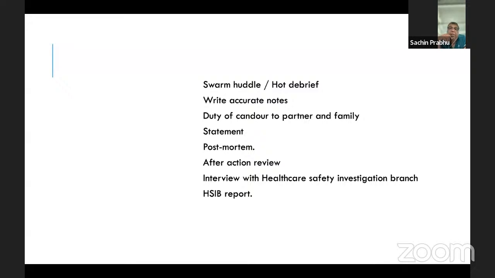And this was a great team effort, actually. Everybody had done what they were expected to and went way above their capacity. Make sure the notes are written accurately, because this case will obviously go to the coroner. It might end up in a court of law. So you've got to make sure the notes are written and they match, especially with the timings.